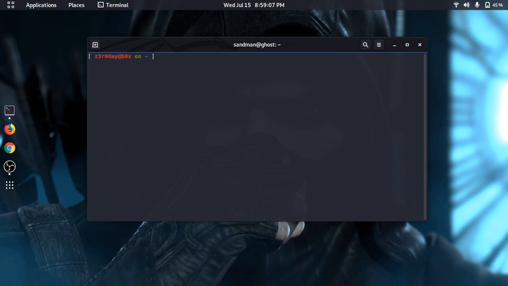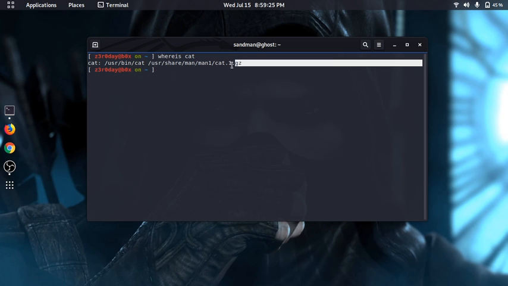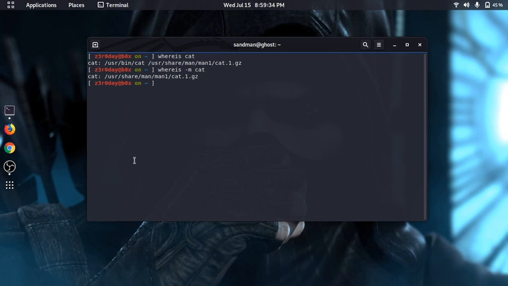After that we are going to look at the whereis command. Whereis is basically used to look up the manual pages where the actual documentation is stored. For example, whereis cat, and here we can see it is actually even showing the binary /usr/bin/cat, and the manual for this is located in /usr/share/man/man1. We can only look up the manual pages using -m, then passing the command. Now we can see no binary is being shown here, only the manual.